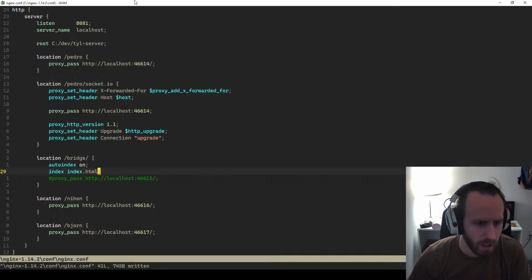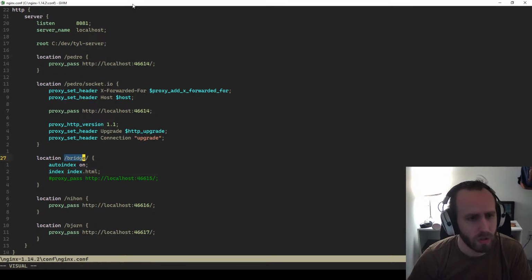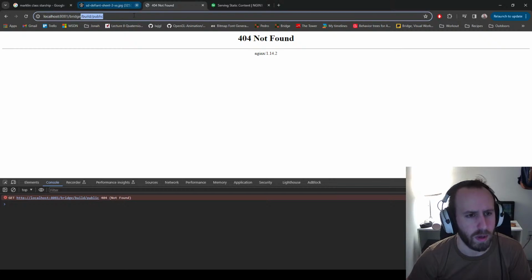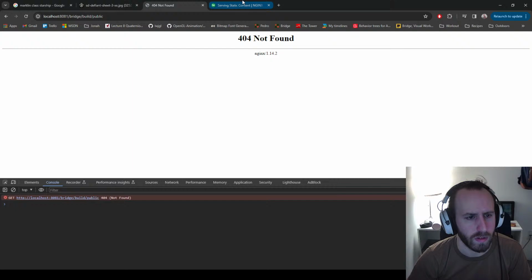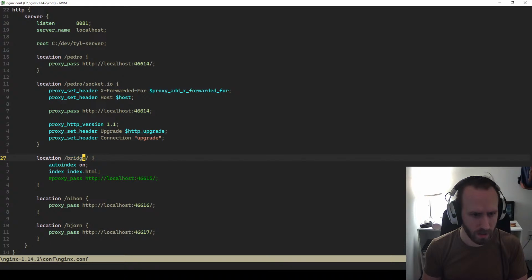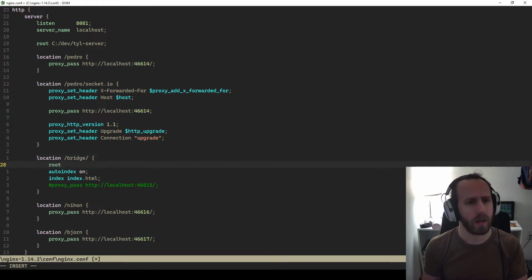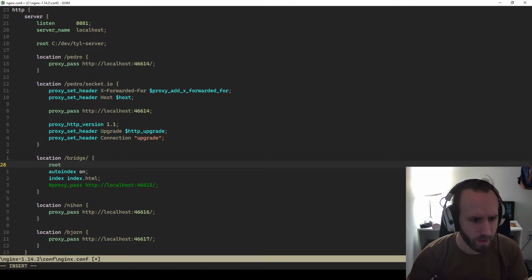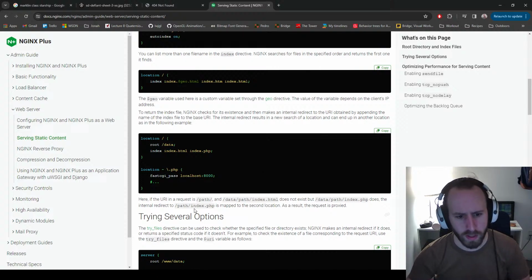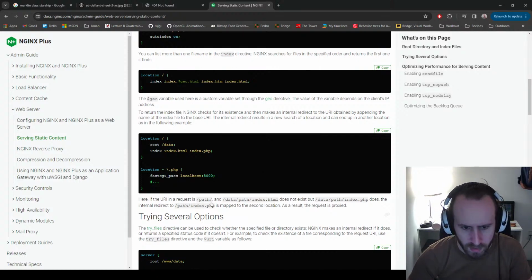What I could do is just say, if you're going to the bridge folder, look to the build public folder as that's the public location. I think I could do this then, can't I? Root. Here, if the URI in a request is path and data path index does not exist,